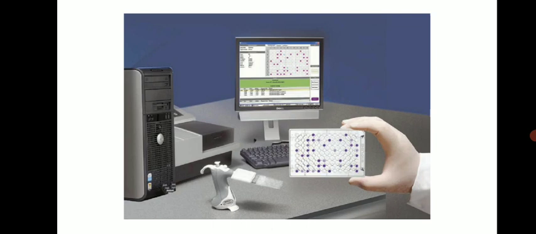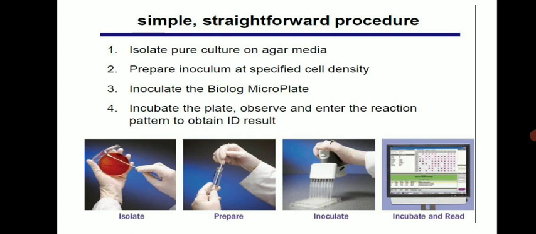So simply, you have to inoculate these plates with a suspension, and then check the computer database already present there, which detects whether a particular microbe is present or not. It is a very simple and straightforward procedure.